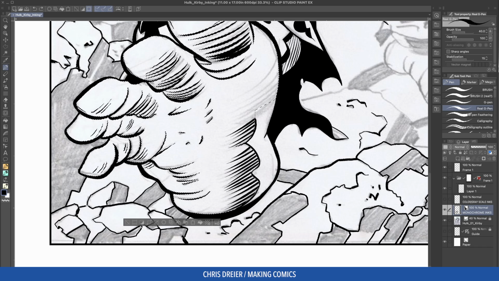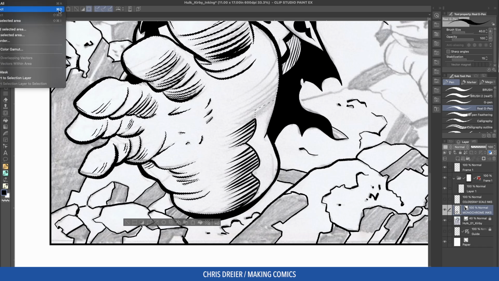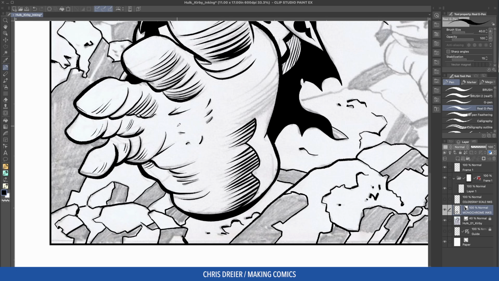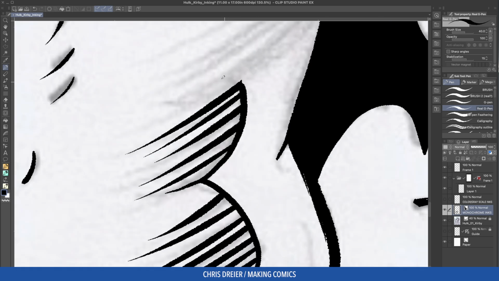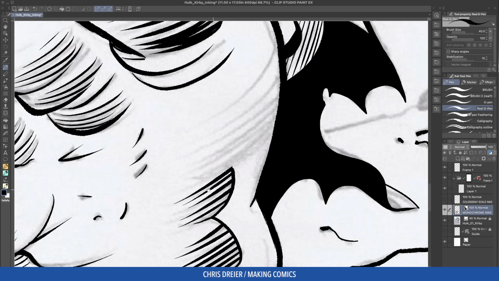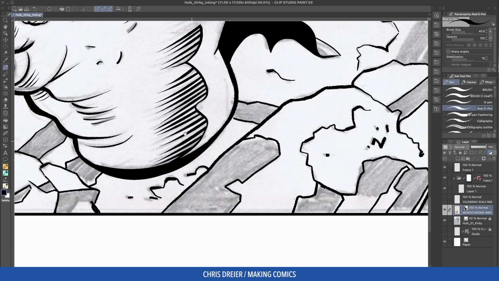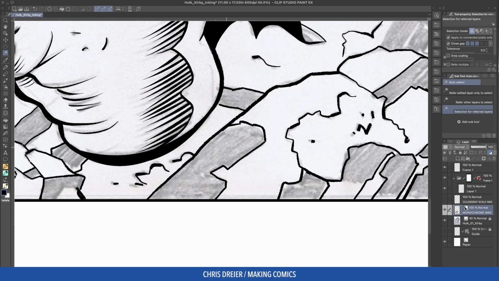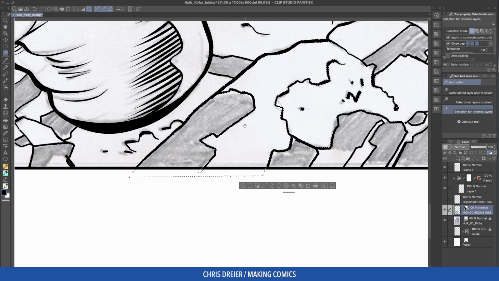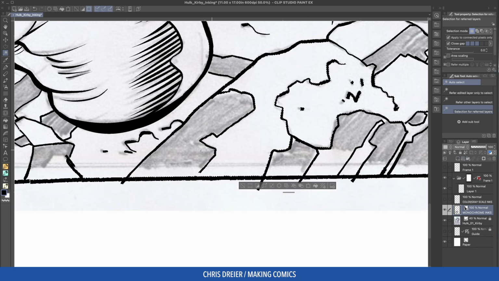Okay, once you're done, you can just go up to Select, and I'm on a Mac, so it's Command D, but whatever, if you're on a Windows, it'll be something different. You can just deselect it there or do the shortcut keys. Okay, so as you see, it goes right to the edge. Sometimes when you're in a hurry and you select something, it just goes all over, as you can see, because I selected this area, but now it's in here and I don't want that selected. That's because this area wasn't a closed area. So let's turn off the frame and you can see that that wasn't closed. So deselect,